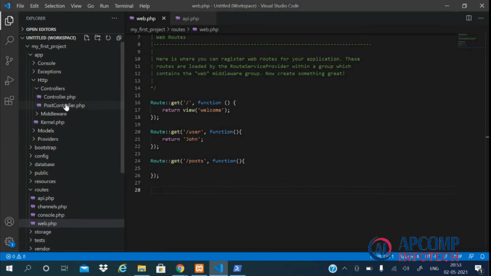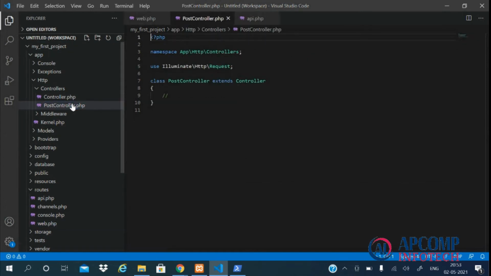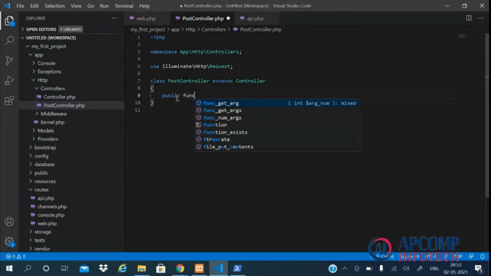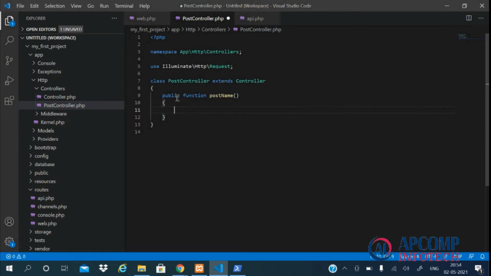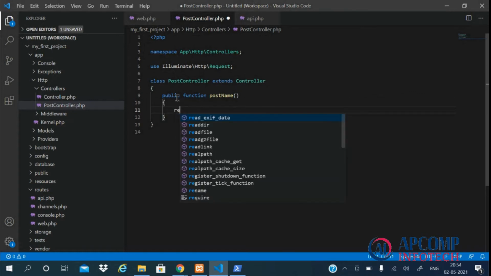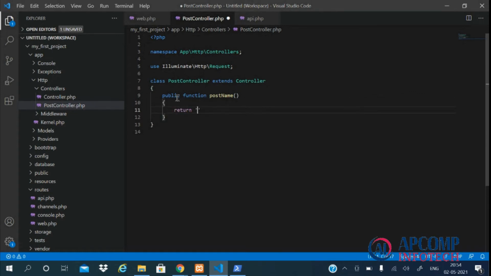Now you can see the PostController is here. Let's create a method for this controller. Let's name it postName, and we'll simply return a name.